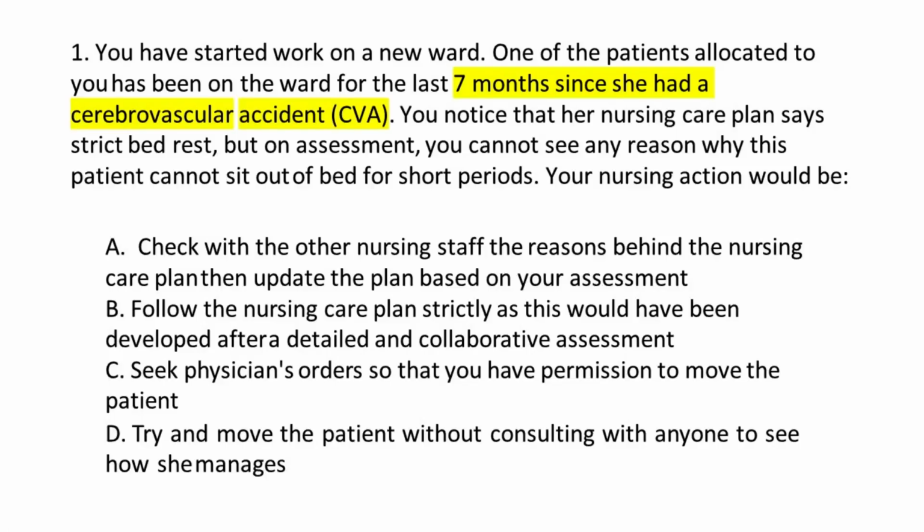1. You have started work on a new ward. One of the patients allocated to you has been on the ward for the last 7 months since she had a cerebrovascular accident, CVA. You notice that her nursing care plan says strict bed rest, but on assessment, you cannot see any reason why this patient cannot sit out of bed for short periods. Your nursing action would be: